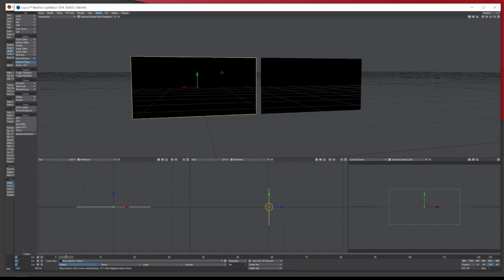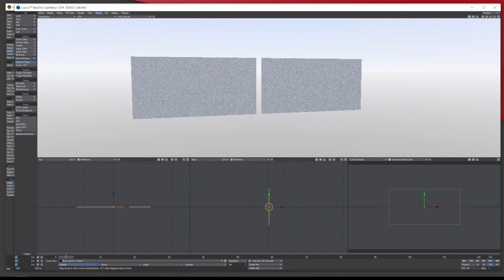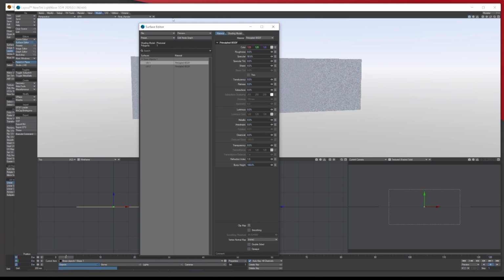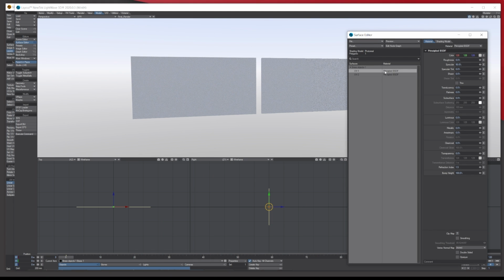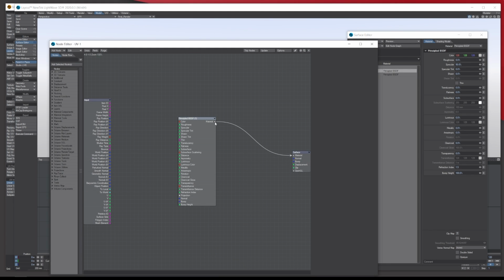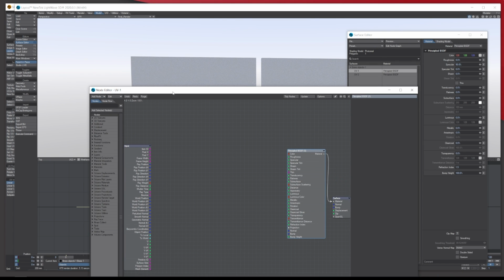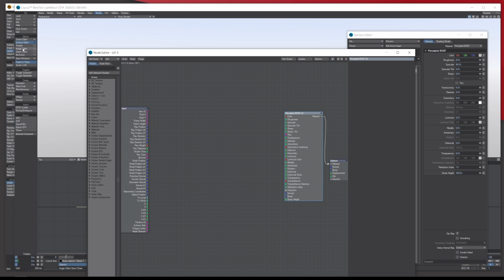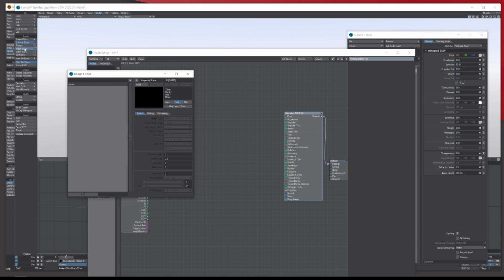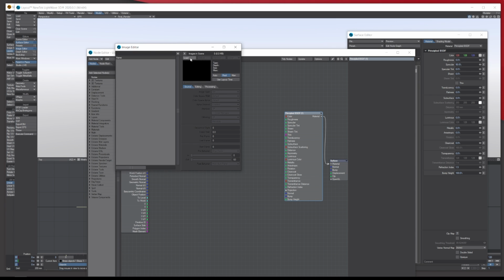So let's start with this one, the 1 poly. Turn on VPR, open your surface editor, then double click the UV1. So this is the one that we're going to use on here. So let's bring some images in. Let's go to the image editor. Remember, we're in layout, and let's import those images.